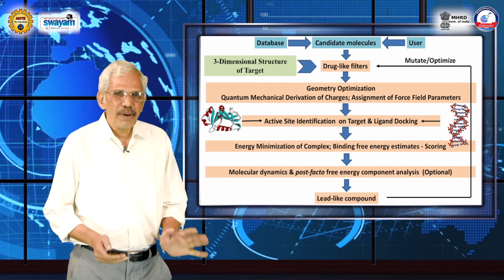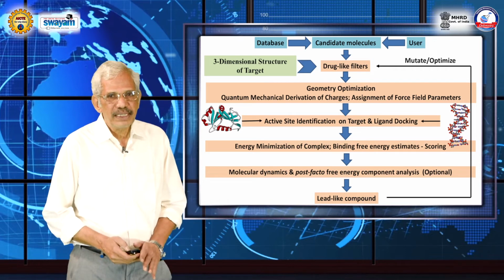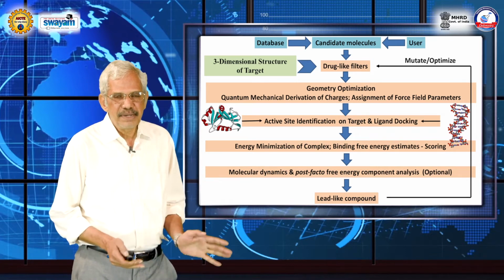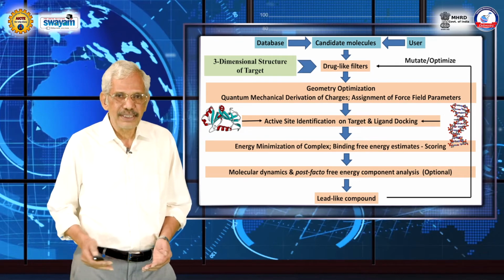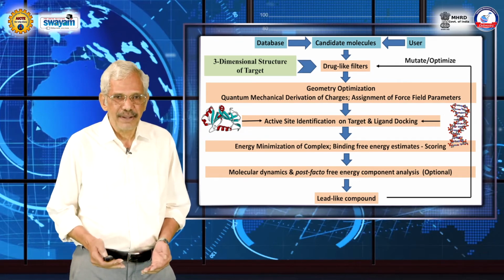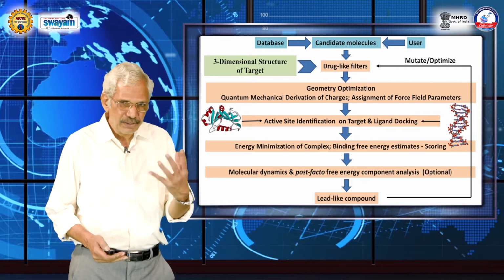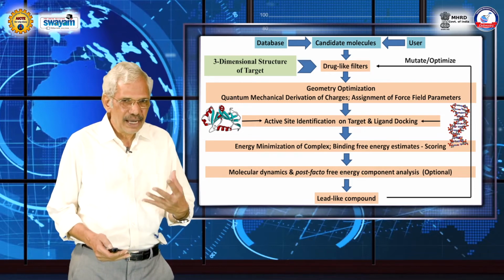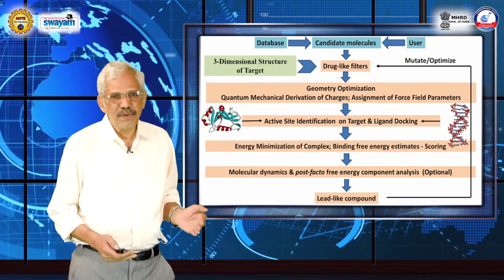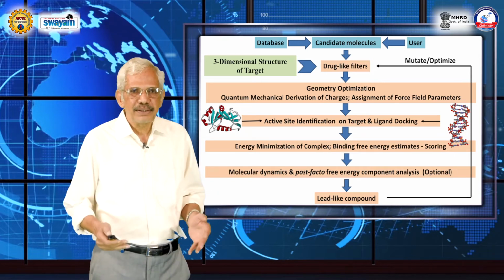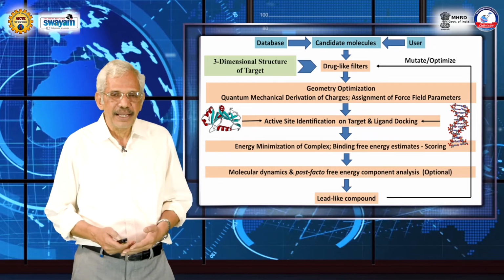So what's the overall plan? How do we proceed? Well, either you have a database like the million molecule compounds, or you are going to draw the molecule on the screen yourself. You will create a molecule on the screen yourself because you already know these are the interactions that I want. I want a couple of hydrogen bonds here. I want a non-polar interaction on this side, and so on. So you could generate a molecule yourself. So you have a candidate molecule.